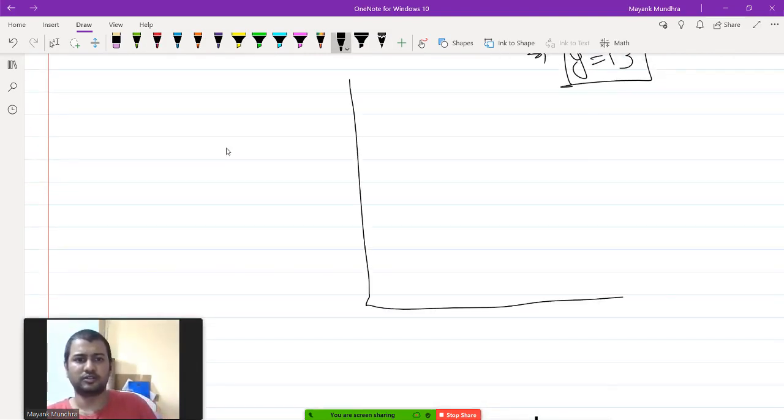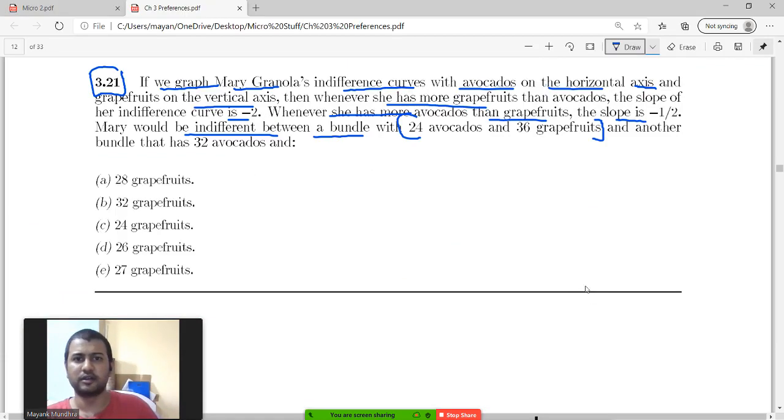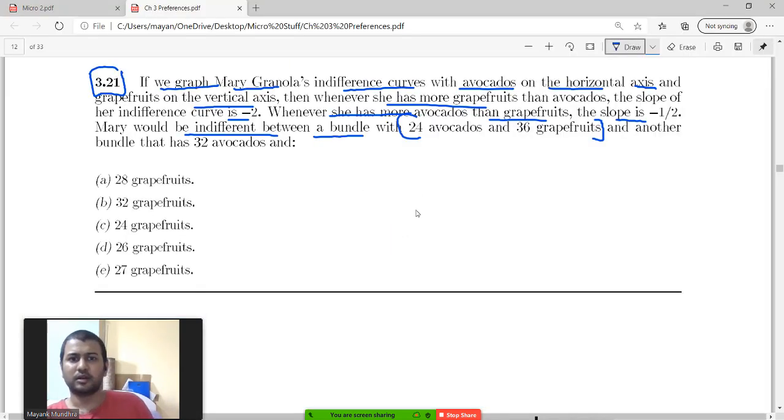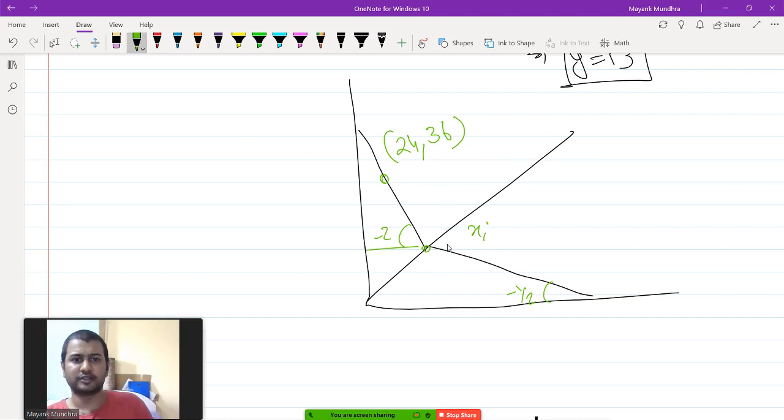Okay. So again I have ICs of slope -2 here and -1/2 here. The point given to me is (24, 36). This is the point (24, 36). Okay, so this is slope -2 and this is slope -1/2. So I want to find this point, which will be of the format x equals y. It will lie on the x equals y line. So the equation of this line,